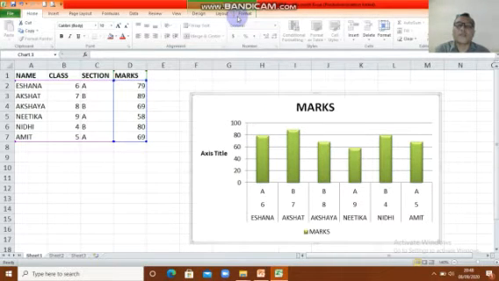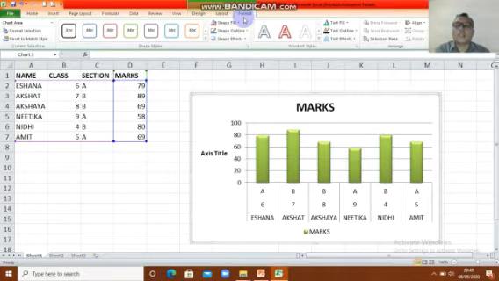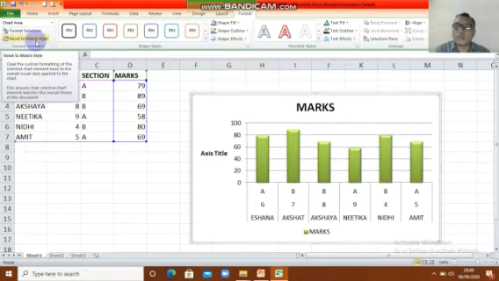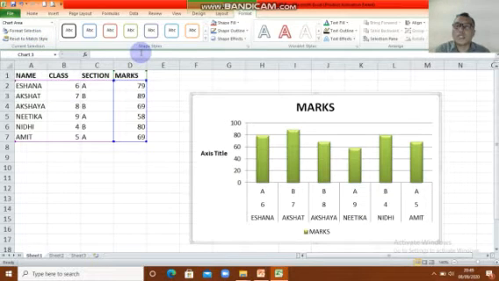Okay, look at this format. In the format ribbon, you can see format selection, reset to match style, shape style, so many options you can see here. Word art style, arrange.